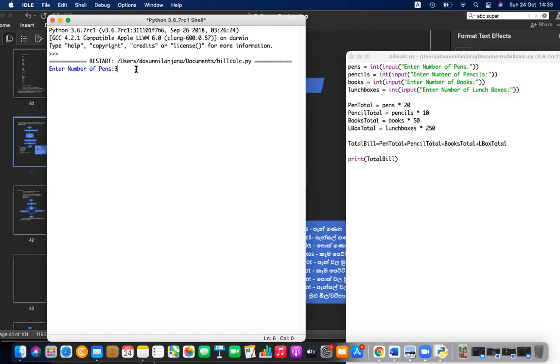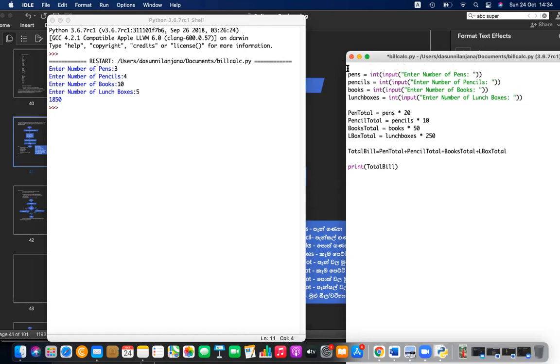It's asking number of pens, number of pencils, number of books, number of lunch boxes, and it's calculating the total for us. Actually, to make it more meaningful, when I start, I can display the supermarket name. Print. So let's print some equal signs.